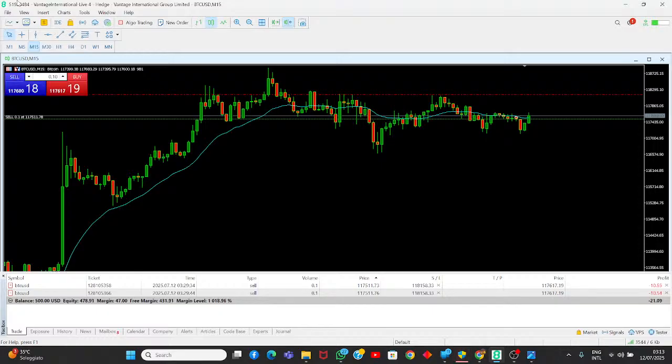What's your thoughts on Top One straight to funded account, bro? Top One straight to funded account. I don't know. I do not know what to say. As long as they're paying